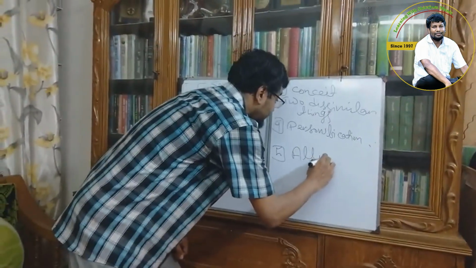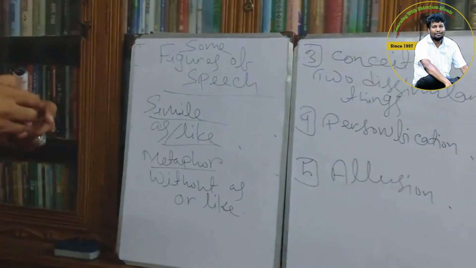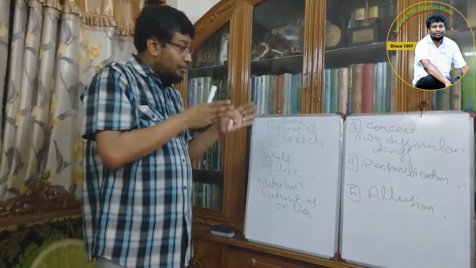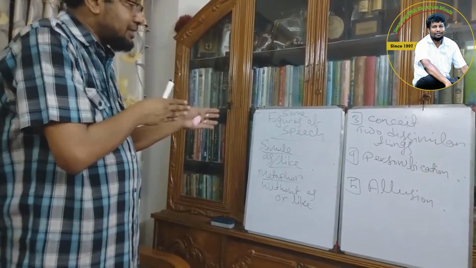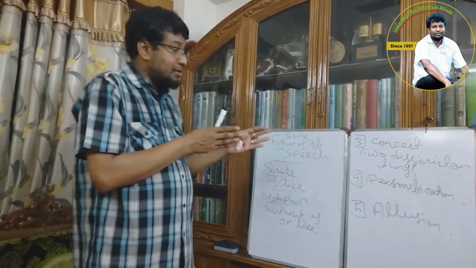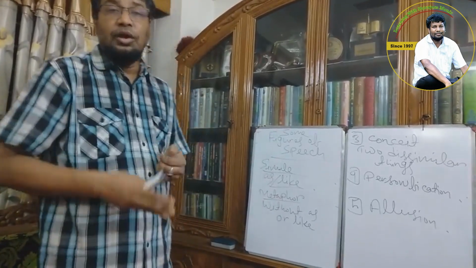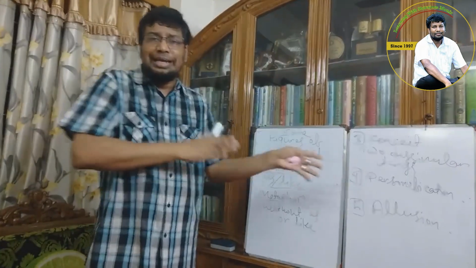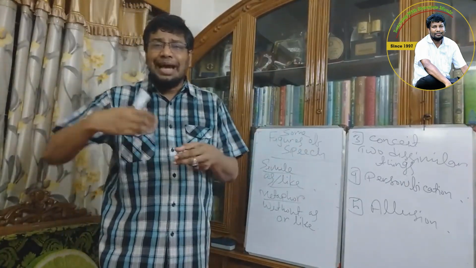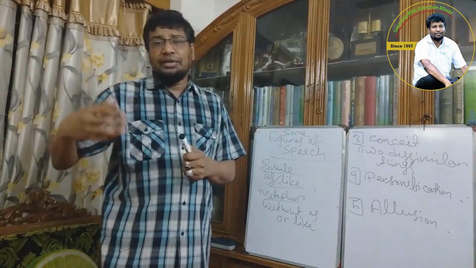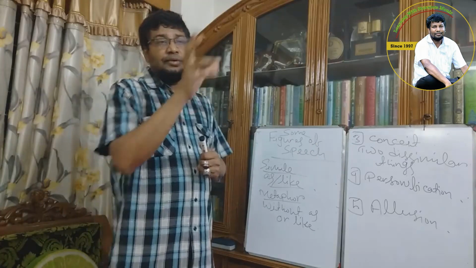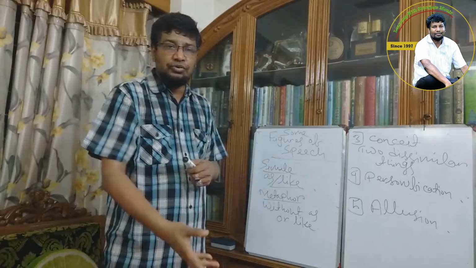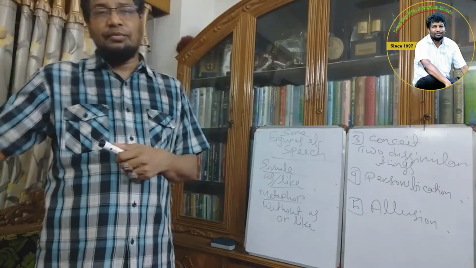Allusion is another figure of speech. Allusion means the reference to one kind of writing, or the reference to a character, or the reference to some lines from the Bible, from other holy books, from other literature, from geographical books, or from any philosophical books in literature. Whenever a writer is writing a poem or some other type of writing, if he takes references from other sources, from mythology, from religious books, from geographical books, from history books, or from some other sources, that is